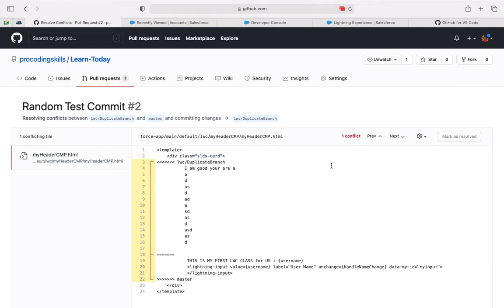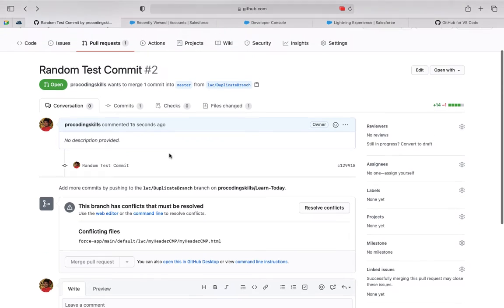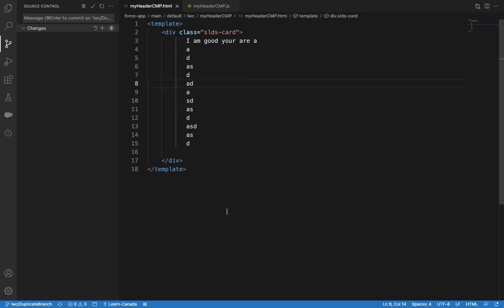We need to resolve these conflicts. How can we resolve this conflict? Let's go back. From where to where are we moving our code? From duplicate branch to master, right? From duplicate branch to master. So what we need to do here is get our, let's say,